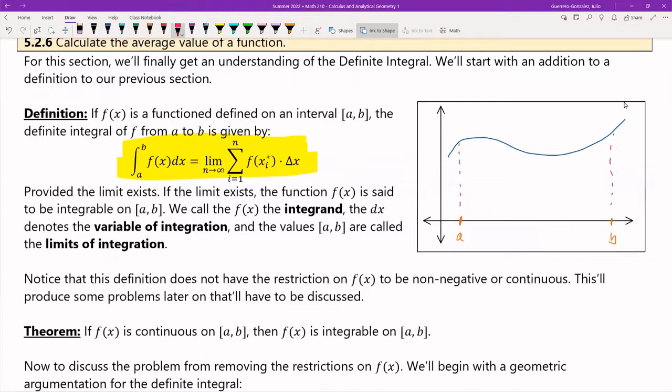All of this basically, this was the area that I want. Okay, so all of this is what we consider the integral from A to B of f of x